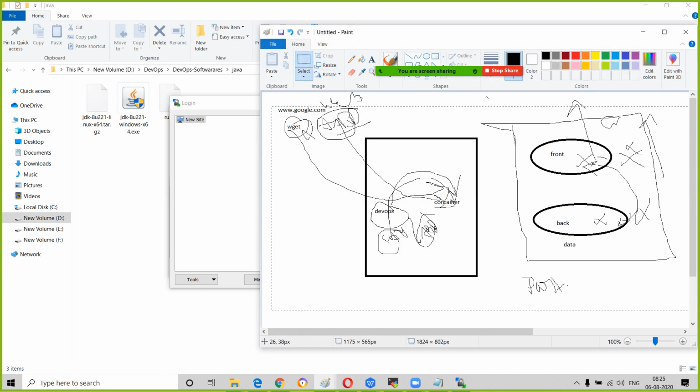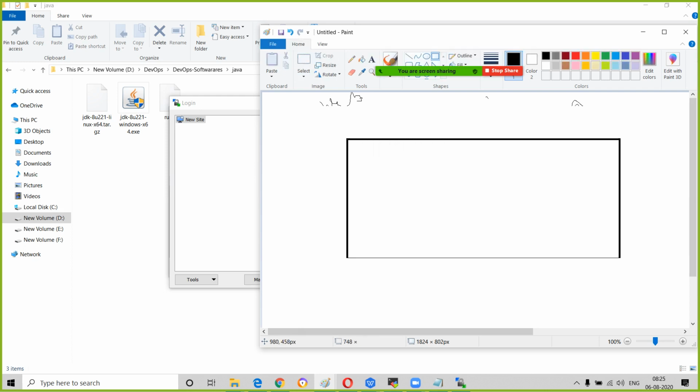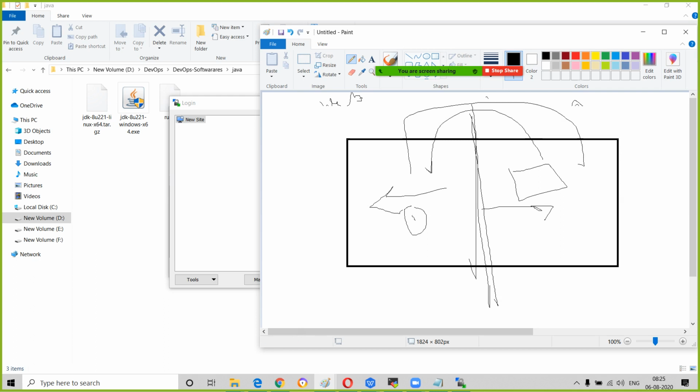So it is asking that one new tab is open, and it is asking the server credentials. If you give the server credentials, your screen will be divided into two parts. Left part is called the Windows and right part is called the Linux server. If you want to copy the data from here to here or here to here, click on the file, copy that option and drag and drop here. If you want this from Linux server to Windows, click on that file and drag and drop here. That's it, guys. Very simple.